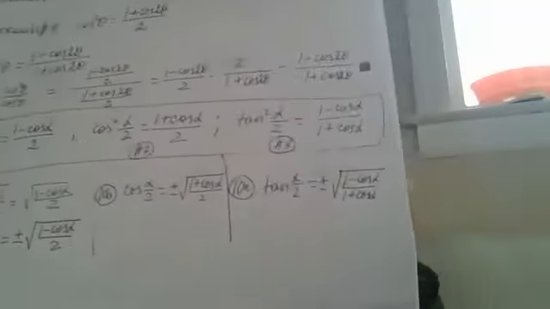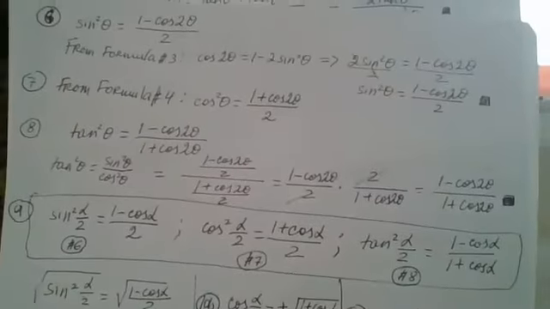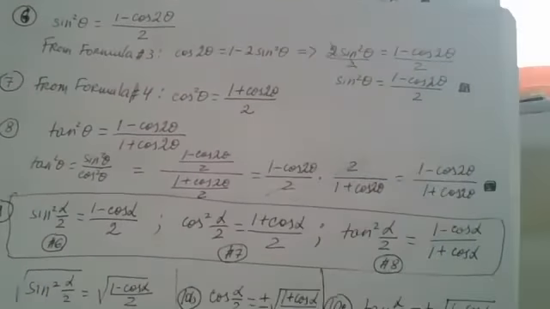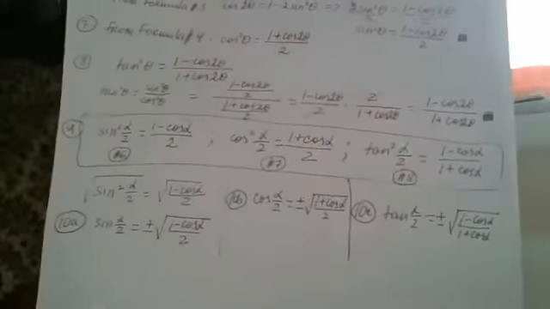And same thing with the last formula, tangent square alpha over 2. In the last formula in that box, take the square root from both sides and you will be getting formula 10c: tangent alpha over 2 equals plus or minus square root of 1 minus cosine alpha over 1 plus cosine alpha. And we are done with 10a, 10b, and 10c. I know you are probably already tired of all these formulas, but yeah, we have too many.